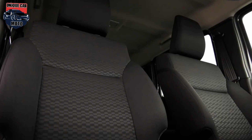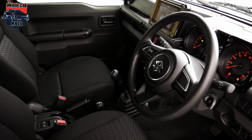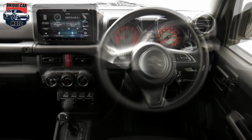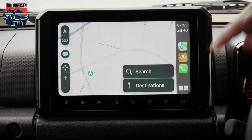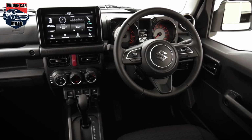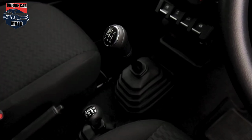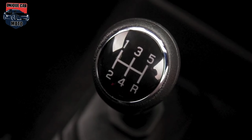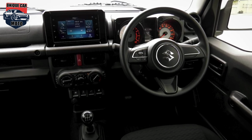The interior of the Jimny 5-door is also identical to the 3-door model. The dashboard has an all-black theme that looks quite rugged, and a high-mounted 9.0-inch touchscreen takes center stage. Some bits like the steering wheel and circular dials for the HVAC controls are shared with other Suzuki models. It also gets a dashboard-mounted grab handle on the passenger side and faux exposed bolts that add to the rugged